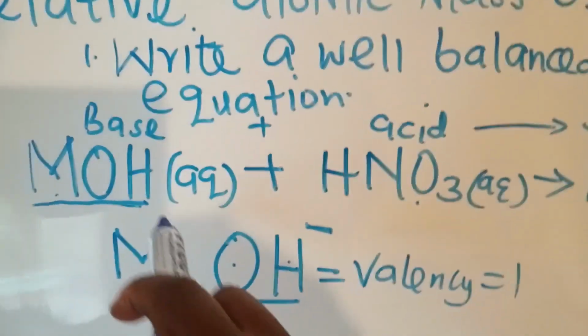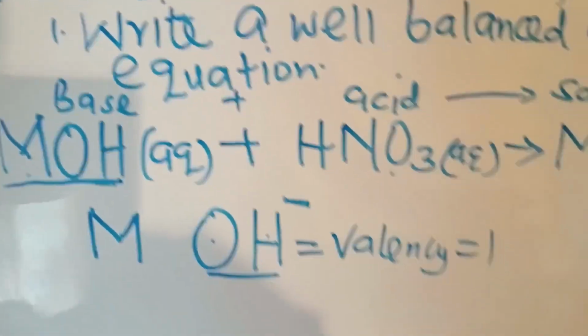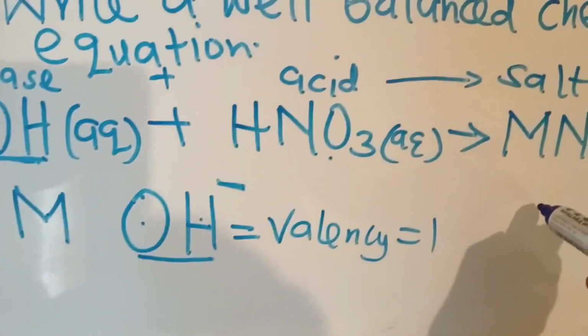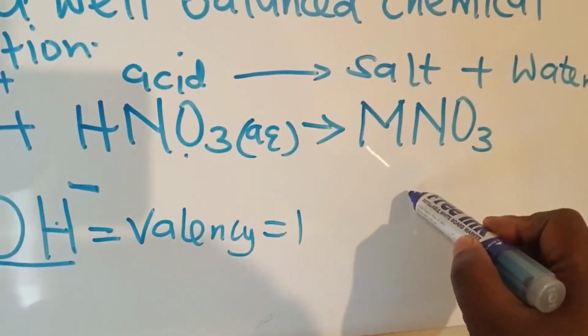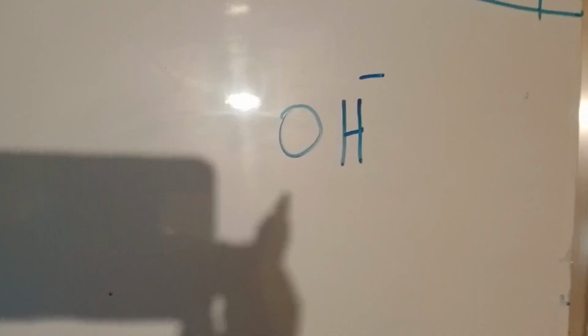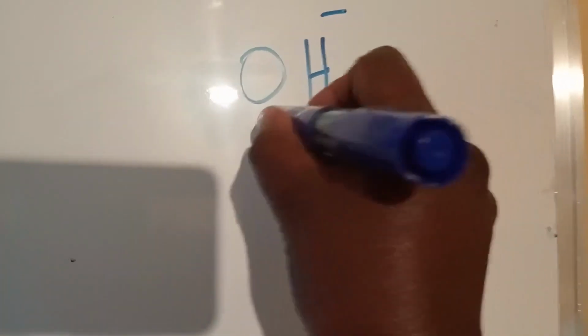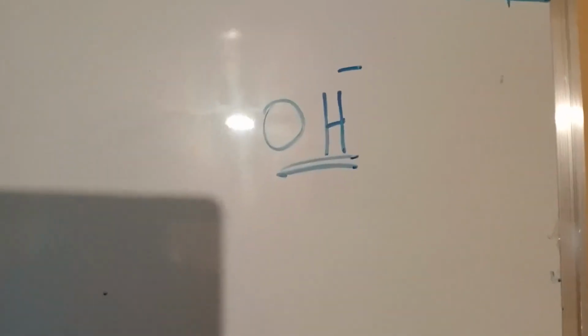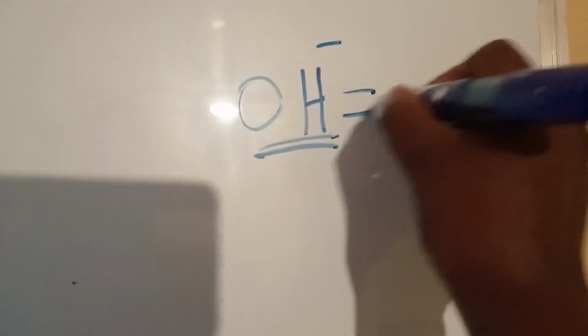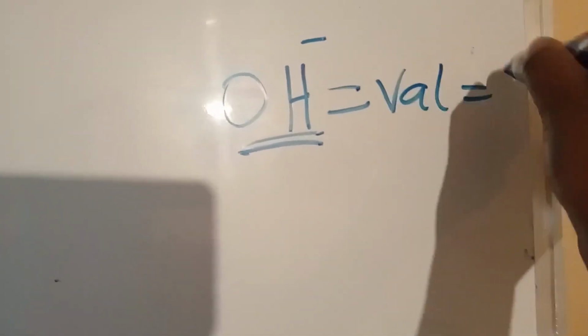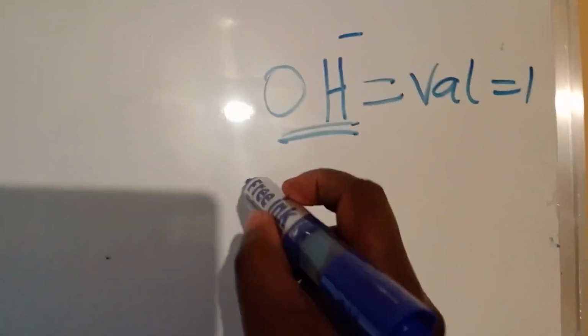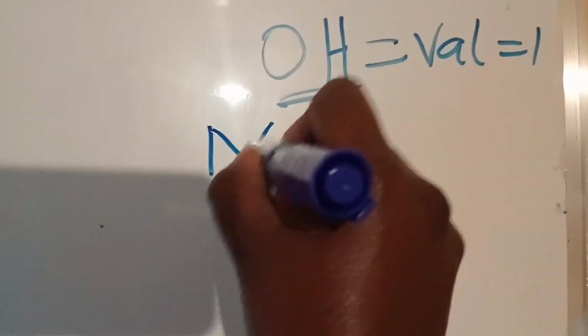And if OH has 1, let me write it here. So OH has this formula. It is a radical with a negative charge whose valency is 1,